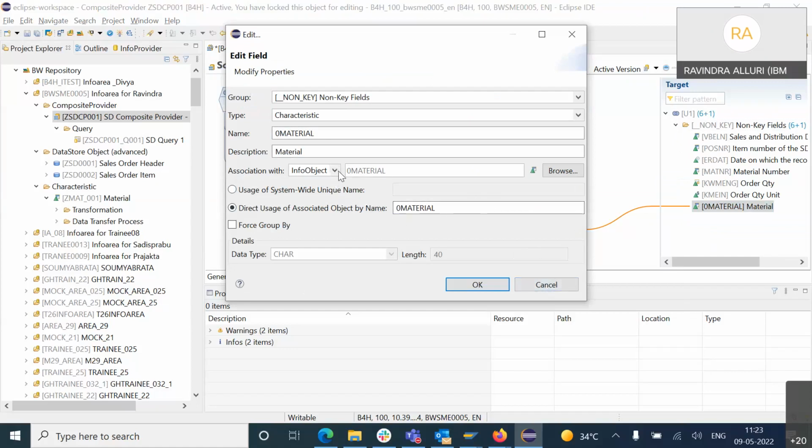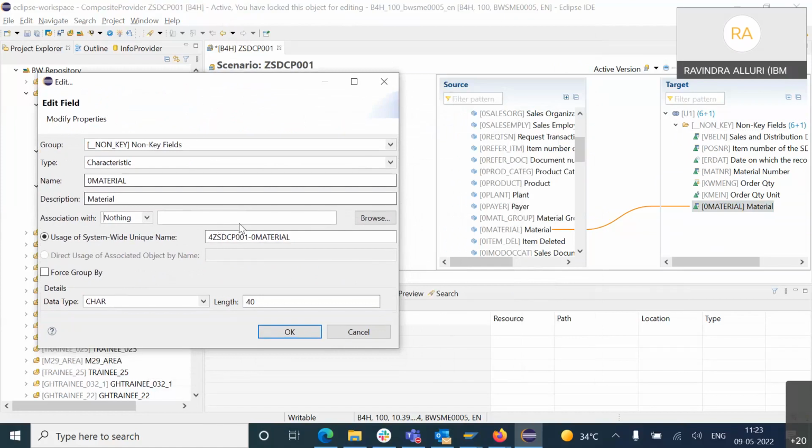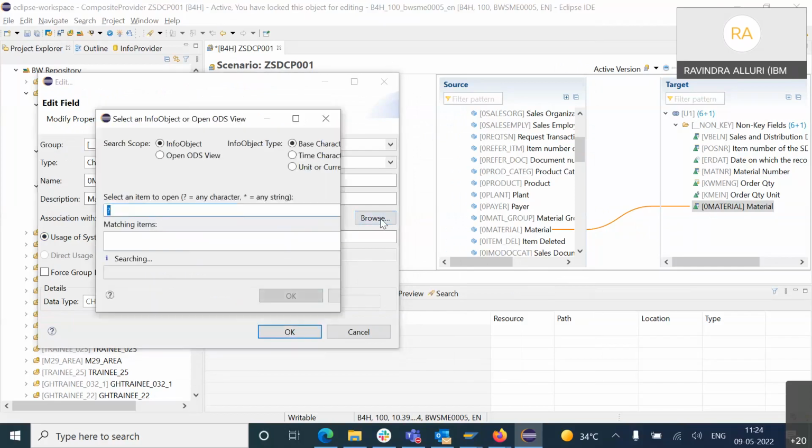So here these are the options. Nothing means whatever field is coming from the HANA view is used here as an actual single field. But when you assign the info object, my 0MATERIAL,